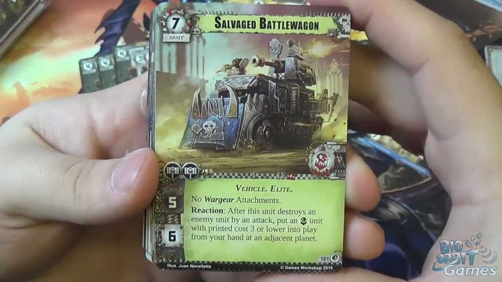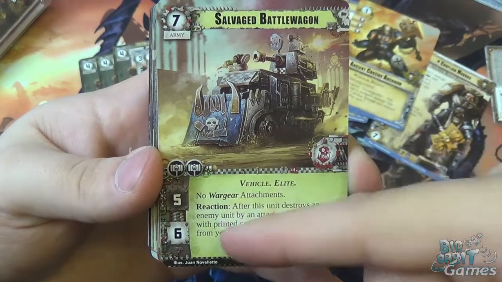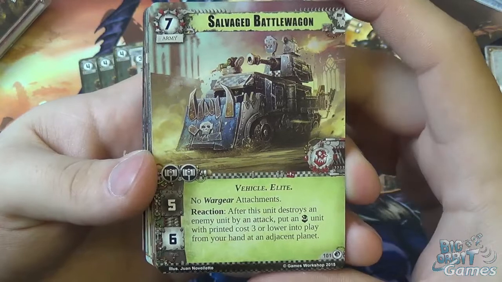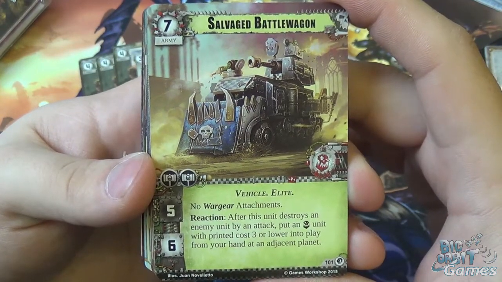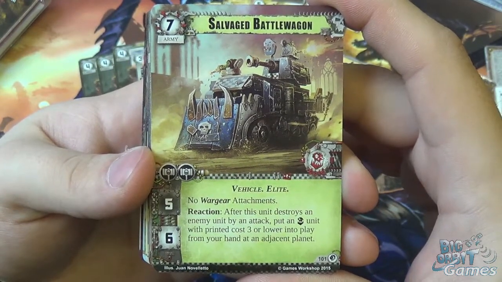We're on to Salvaged Battle Wagons. So this is a 7 cost army unit for the Orcs. 2 command, 5 attack, 6 HP, counts as a vehicle, and it's an elite. And it's got reaction. After this unit destroys an enemy unit by an attack, put an Orc unit with printed cost 3 or lower into play from your hand at an adjacent planet. That's quite cool. This works really well in a...